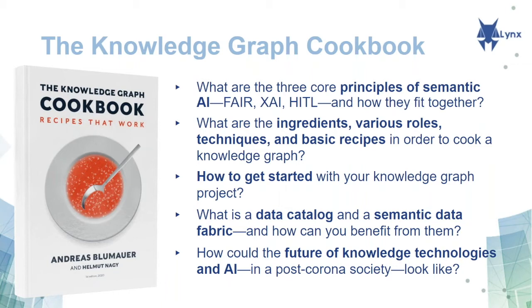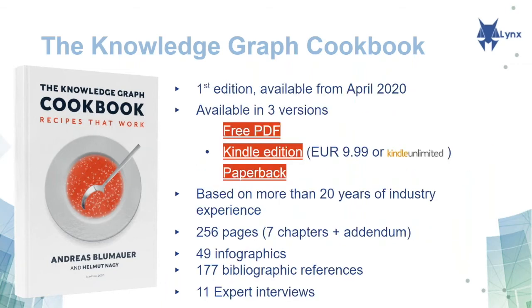So you see how to get started with your own knowledge graph project. What are the different terms? How can I build that? What do I take into account? What are the bottlenecks, and so on and so forth. And the good news here is you have the link in the slides to the free PDF. So it's out there. If you want to have a paperback, you can go also to Amazon and buy it there. But I guess the free PDF is a very useful book or publication to go into this topic.